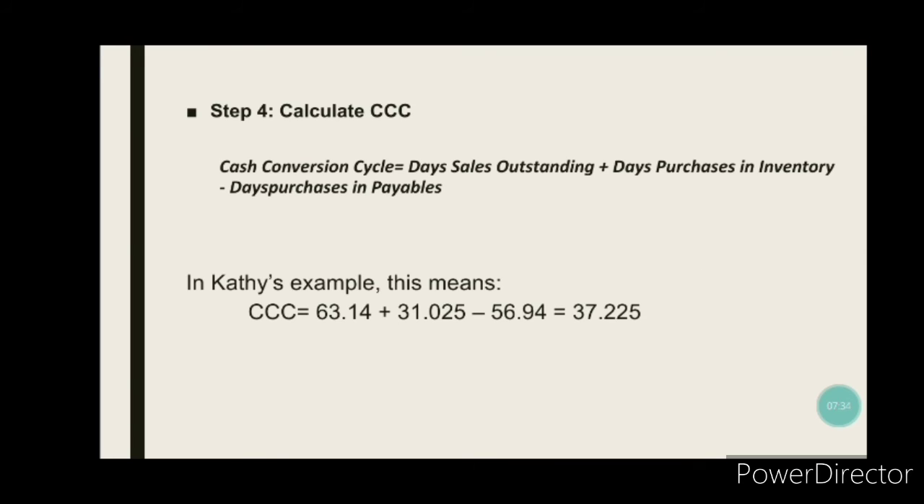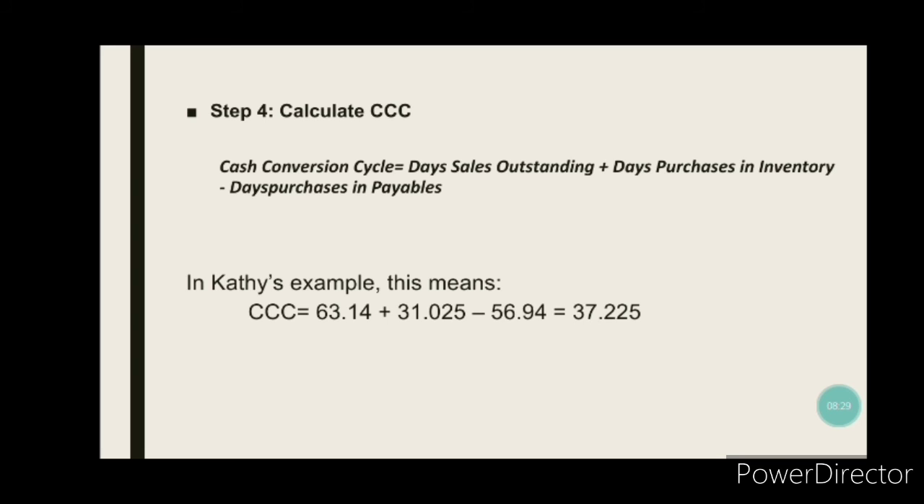And the last step is to calculate the cash conversion cycle. To do this, add together the days inventory outstanding and days sales outstanding, minus days payables outstanding. In Cathy's example, cash conversion cycle is equals to yung days inventory outstanding niya is 63.14 plus 31.025 at yun yung days sales outstanding niya minus days payables outstanding, which is 56.94, is equals to